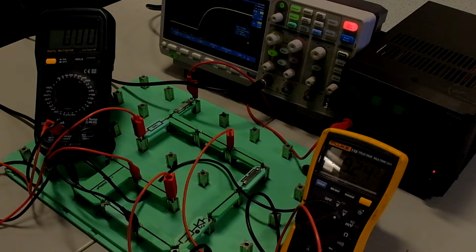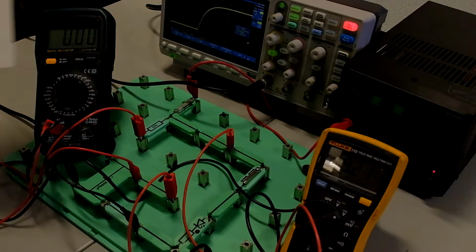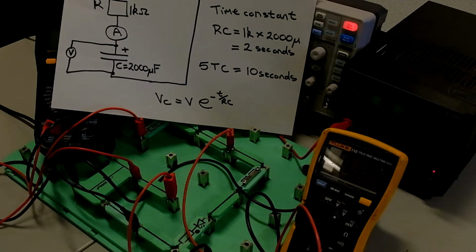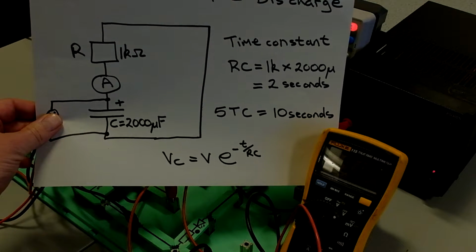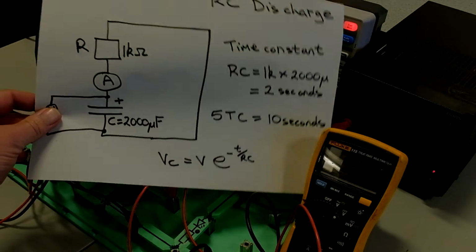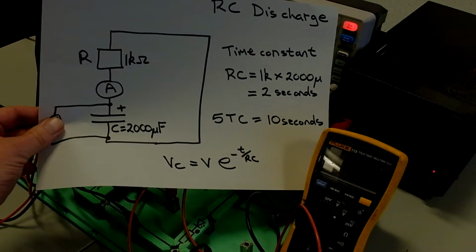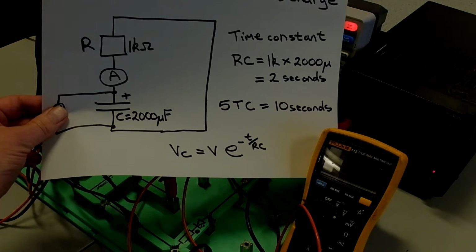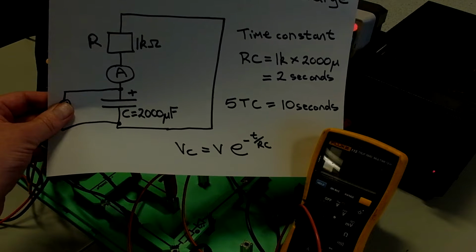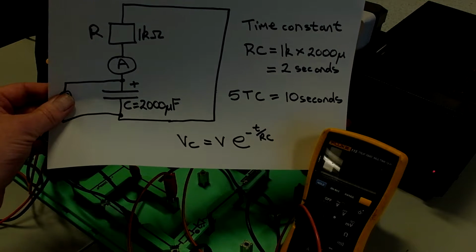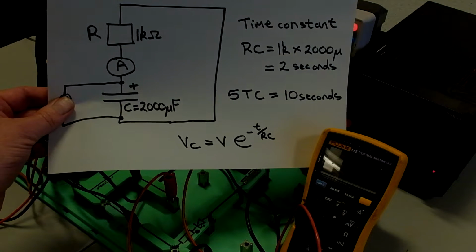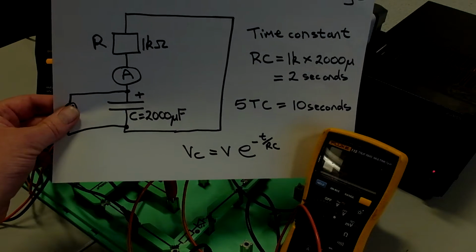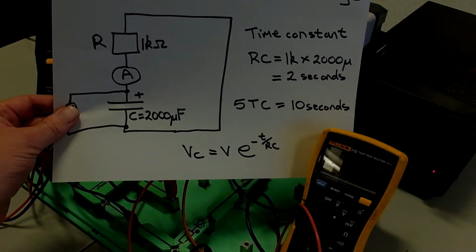What we want to do now is see the discharge cycle. So what we've got now is a different circuit. We're just going to short out the 1K resistor and the capacitor with a wire. Again, we've got the same time constant, but a slightly different voltage equation, where it's the voltage times Euler's number, with no 1 minus. That's because we're actually starting at 10 volts. If you think about time 0, any number to the power of 0 is 1. So at time 0, we're at the supply voltage of 10 volts,